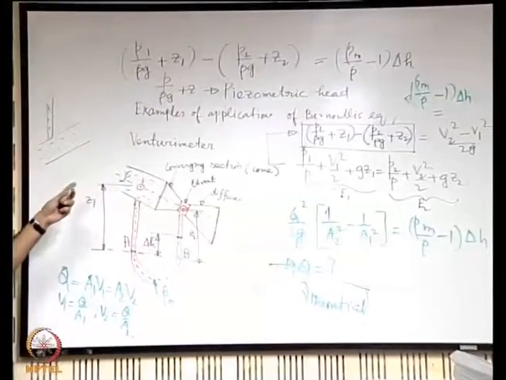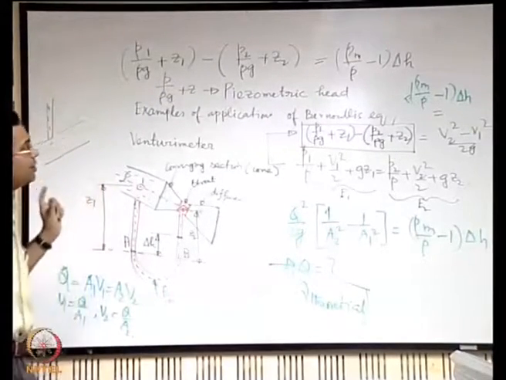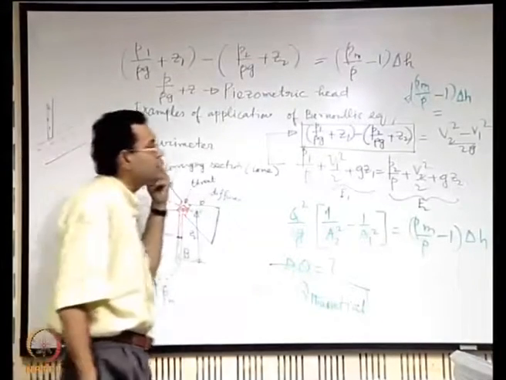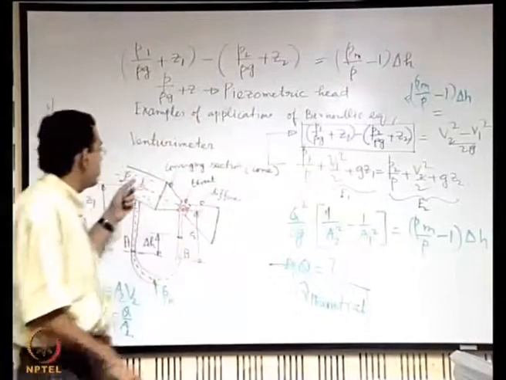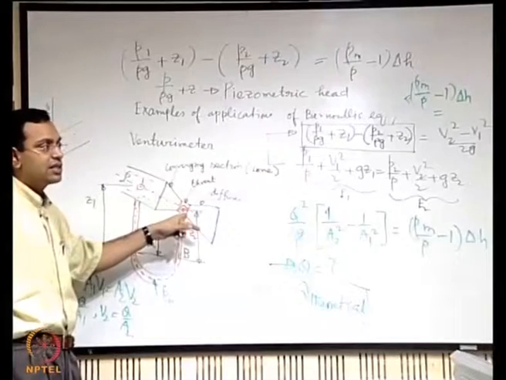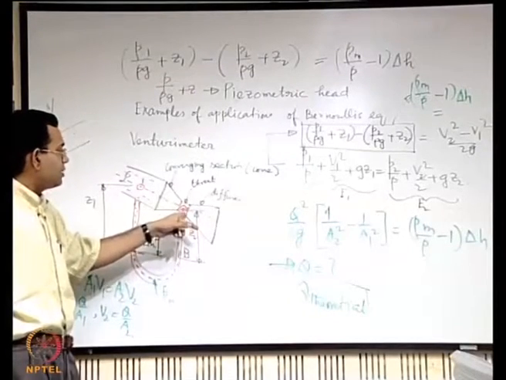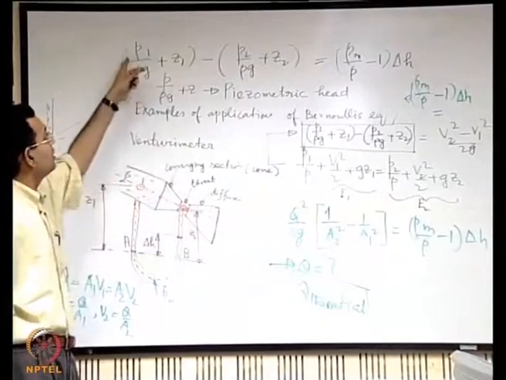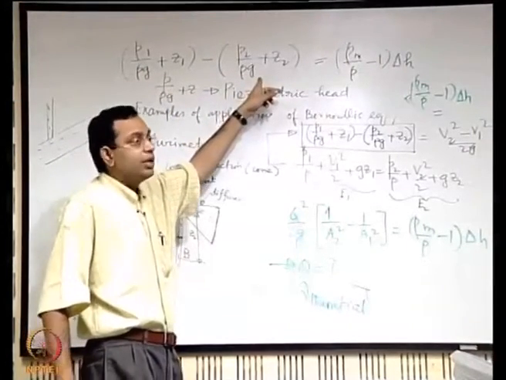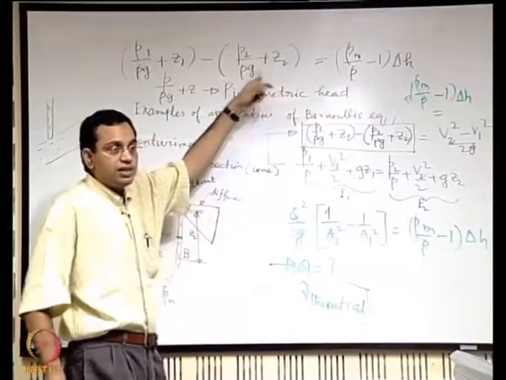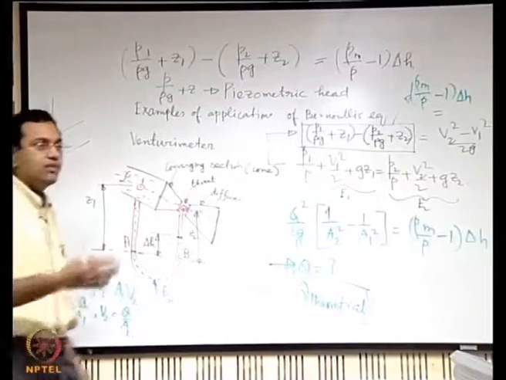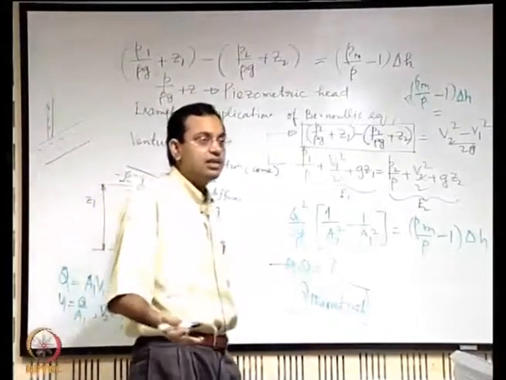Now here, because of this loss, what will happen? This eventually will boil down to a larger drop in the piezometric head. So if it is flowing from 1 to 2, the piezometric head drop, that is the difference between the two terms present in the bracket, you expect to be more, because you expect a more severe drop in pressure because of overcoming the frictional resistance effects.